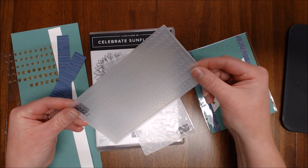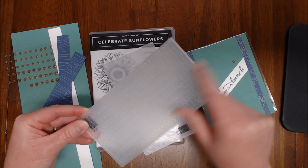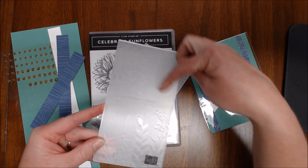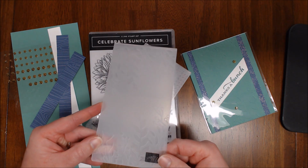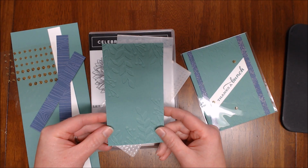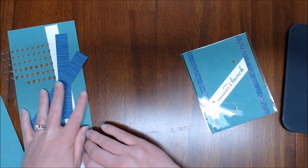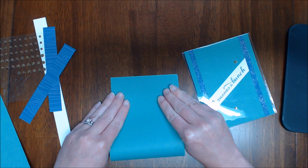You can see that this one has that fabulous greenery all over solid pattern, and this one has greenery coming down from the top as well as greenery coming up from the bottom. So I'm going to show you how I created this fabulous card. So let's get started. I started with a piece of just jade for my card base,